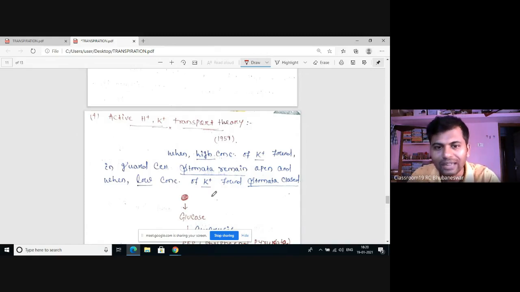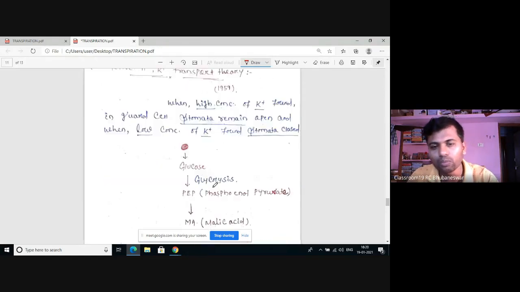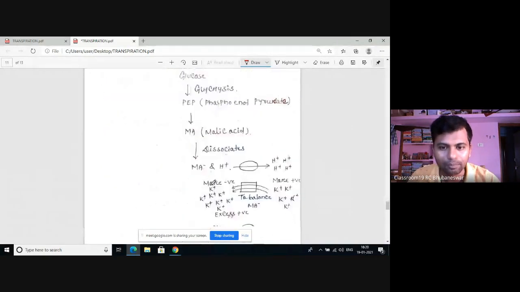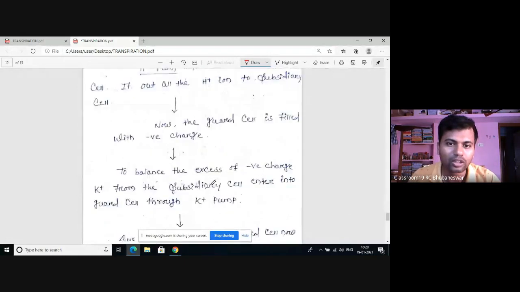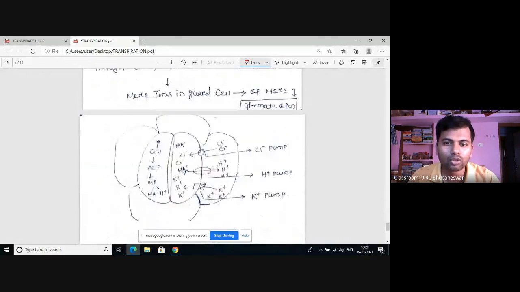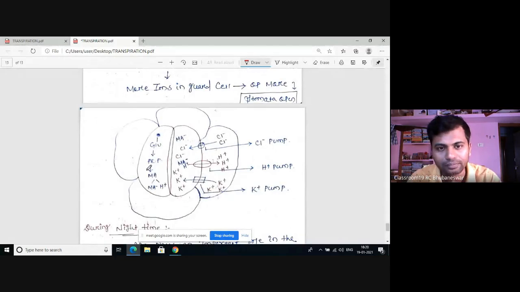Then we have discussed how the stomata open and close according to Leavitt during the day and the night time. So first we have to discuss the opening of stomata during the daytime. And always you have to remember one condition: during the night time, the stomata remain closed. Got this point? Always remember this: in the night time, stomata remain closed. The guard cells contain starch during the night time.